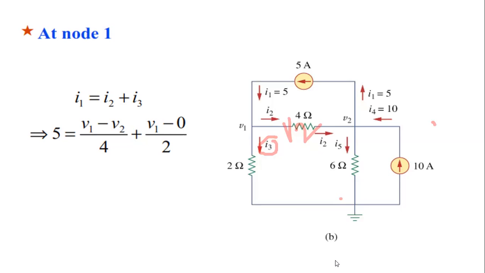Sir, the second equation will be V2 minus V1 by 4 and, sorry, plus V2 by 6 is equal to